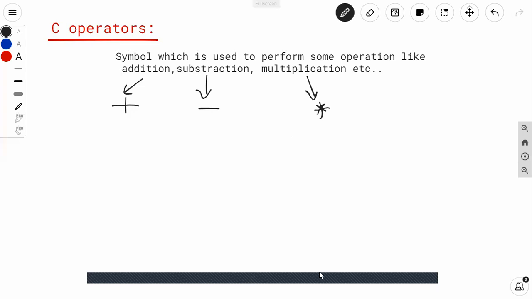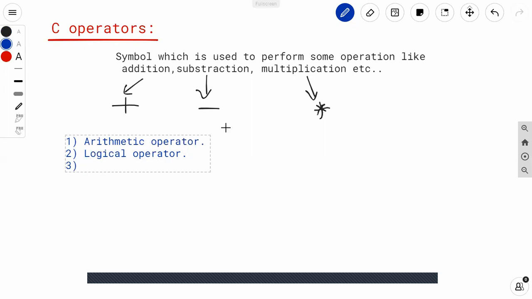So there are various operator types. Now in C language there are few types of operators. First type is arithmetic operator. Arithmetic operator means what? The operator which is used to perform some arithmetic operations. Such operators are said to be an arithmetic operator. Second one is logical operator. We will see each and every operator, but just remember there are some types of operator: arithmetic operator, logical operator.